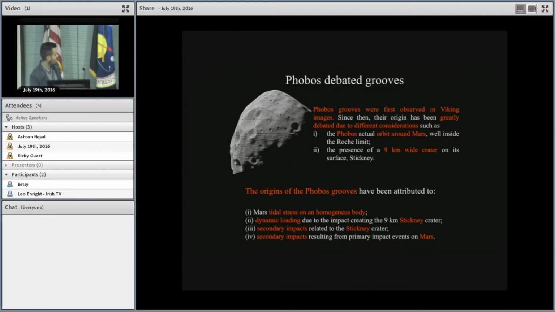on the surface. The possible origins of the Phobos grooves have been attributed to tidal stress on a homogeneous body around Mars, then possibly dynamic loading due to the impact creating the 9-kilometer Stickney crater, then possibly secondary impacts due to the Stickney crater, or secondary impacts resulting from primary impacts that happened on